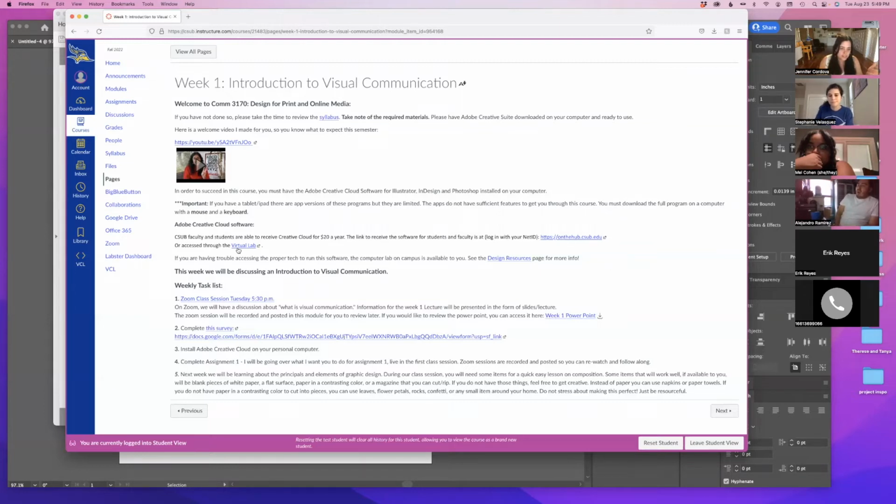And then I repeat virtual lab and resources. Each week I will also give you a weekly task list just so you know what you're supposed to do this week. We're already doing number 1. Yay. Got that done or in process. And then I will do the PowerPoint. I call week 1 a PowerPoint every week, but this is actually just a PDF because I made it in Keynote as one of the first things.